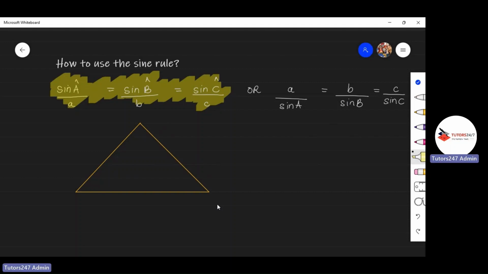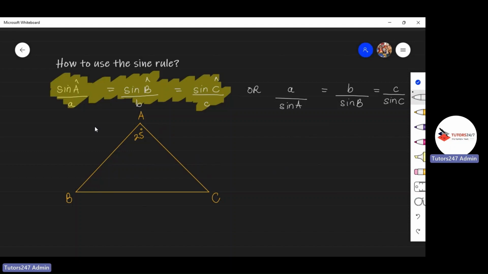So let us investigate how we can use that rule or that formula in an actual question. So we have this triangle. Let us label this angle A, angle B, and angle C. Let us give angle A an angle of 25 degrees. Let us give side BC, which can also be represented as side A,